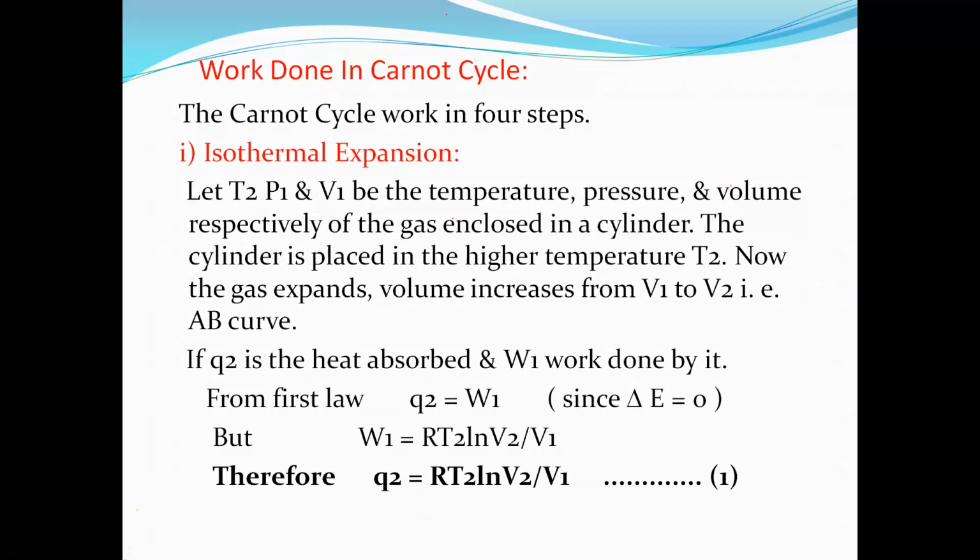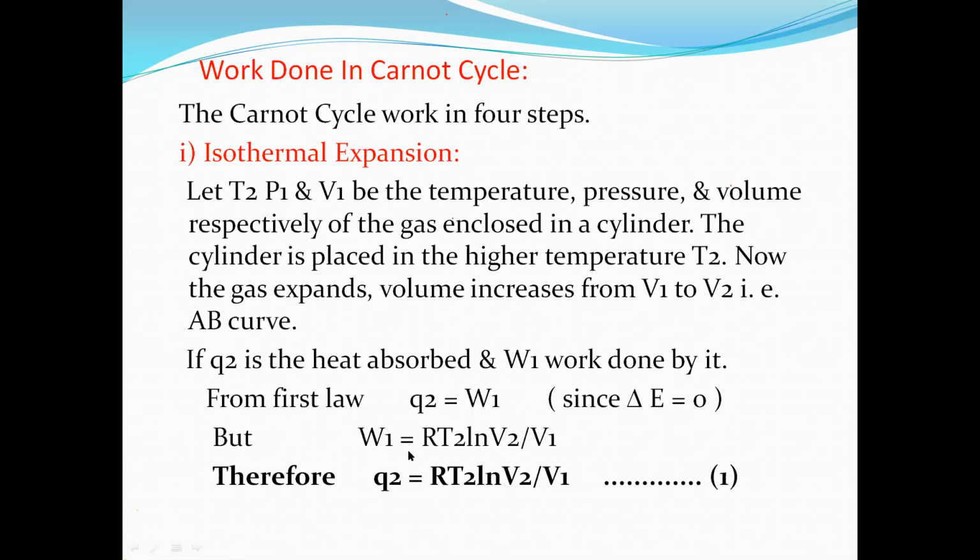So we have to write that Carnot cycle works in 4 steps. First is isothermal expansion. Second is adiabatic expansion. Third is isothermal compression, and fourth is adiabatic compression. So we have to obtain the work done in each of the 4 steps. यानी आपको क्या करना है, हर स्टेप का वर्क डन कैलकुलेट करना है. That is, isothermal expansion, so we have to calculate the work done in isothermal expansion,